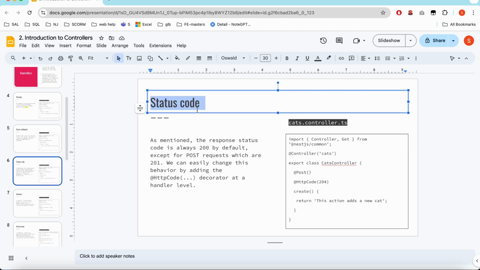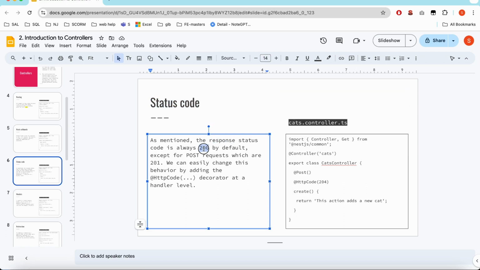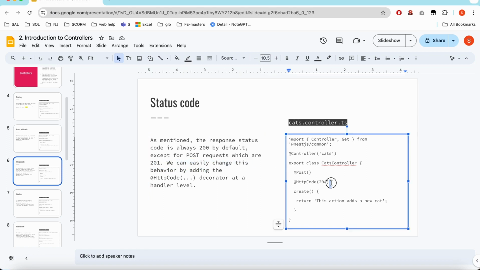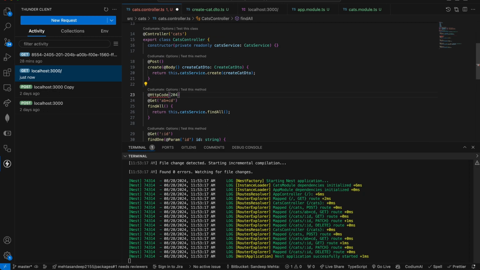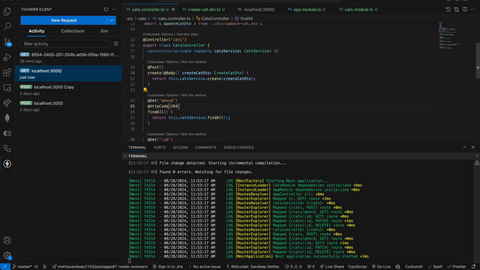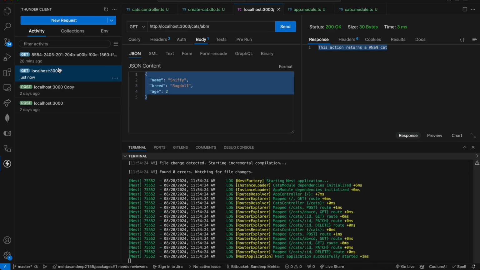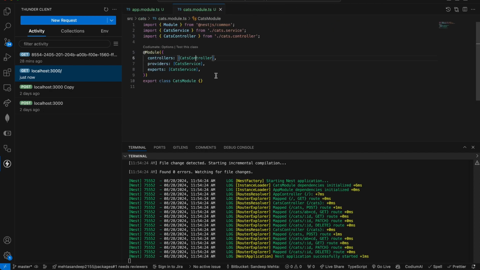Now we have different status codes. By default the status code of any get request is 200, but for post request it is 201. But you can update the HTTP status for an endpoint just by providing the HTTP code. So let me try to access that endpoint. So I'm getting 204 response. If I apply the same